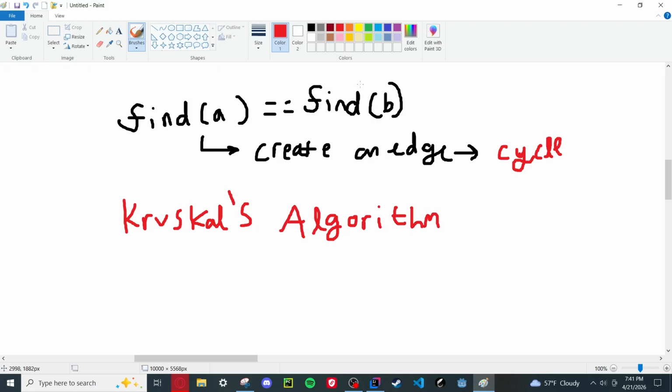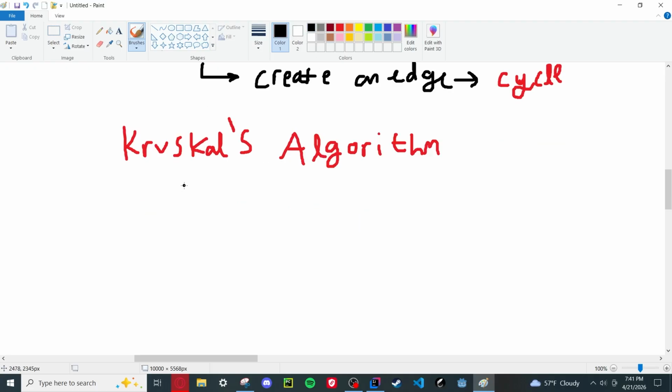Kruskal stated, let us take the edges, so sort edges by weight, that's right, E, sort edges by weight, then try to union